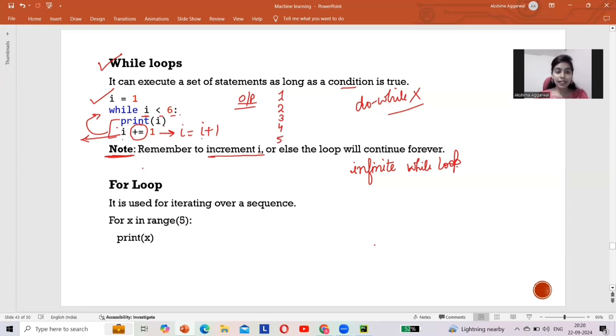Now next is the for loop, which is used for iterating over a sequence. It provides you the sequence. Now, for x in range 5.